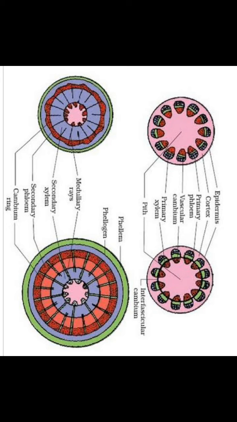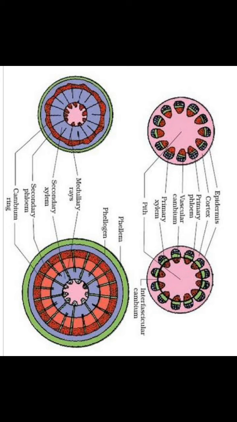Understand? Now let's discuss in detail this secondary growth. The growth of roots and stems in length with the help of apical meristem is called primary growth. Apart from primary growth, most dicotyledon plants exhibit an increase in girth. This increase is called secondary growth. The tissues involved in secondary growth are two in number. Those are lateral meristems. What are those lateral meristems? Vascular cambium, and the second one is cork cambium.